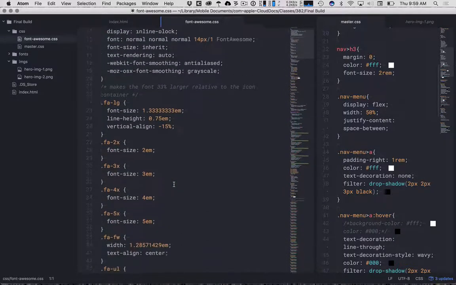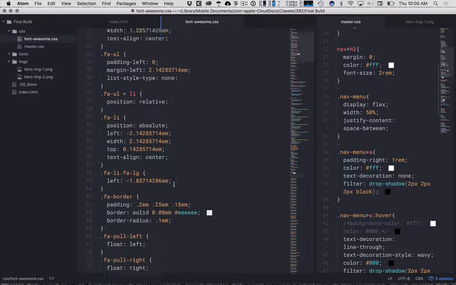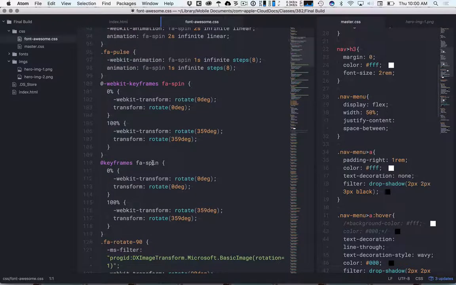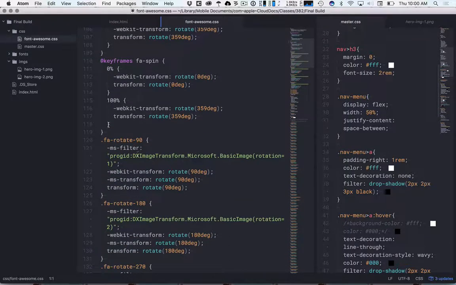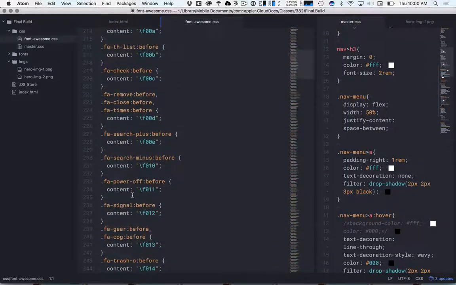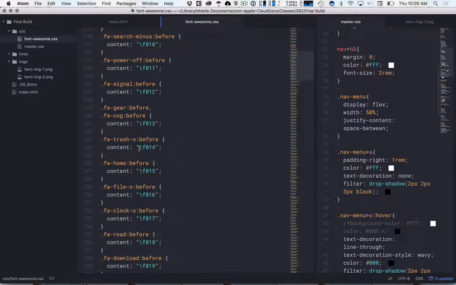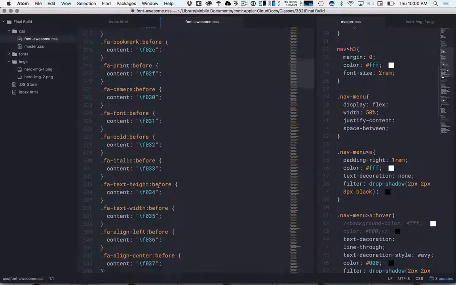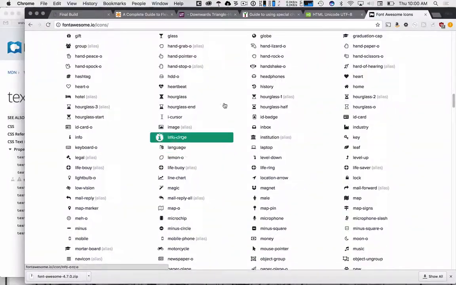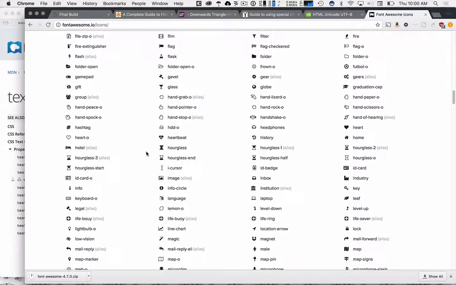And then this is just all the rules for how to use the fonts. FA underline. These are all the classes. That's animation, rotate 90, stack 1x, list before. So these are just rules. These are the actual codes for the fonts. All right, so you can see there's a lot, right? Easiest way is to come over here and just be like, hey, what font do I want? I think maybe I like these hands. We could take this hand pointer